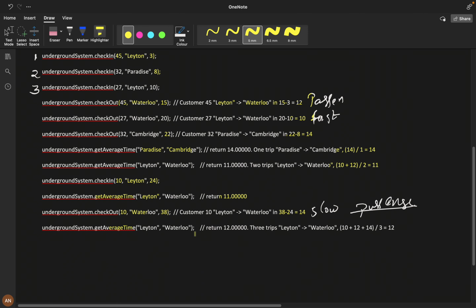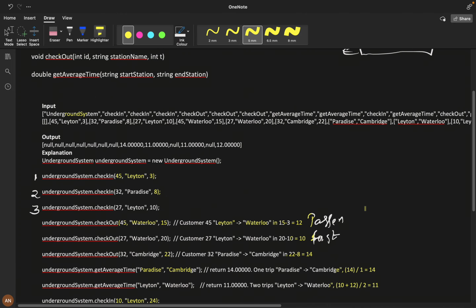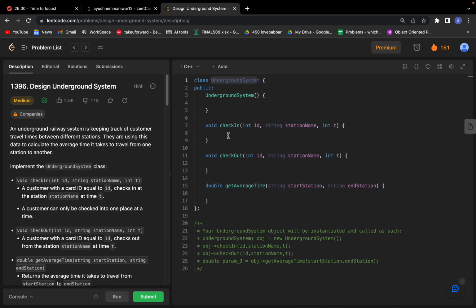Then underground get average. Return to Waterloo. How many paths are there? There are 3 paths: this 12 path, this 10 path, and this 14 path. Then we are taking this whole average. Now it is 12. I think you got this example, so I will explain what exactly it is